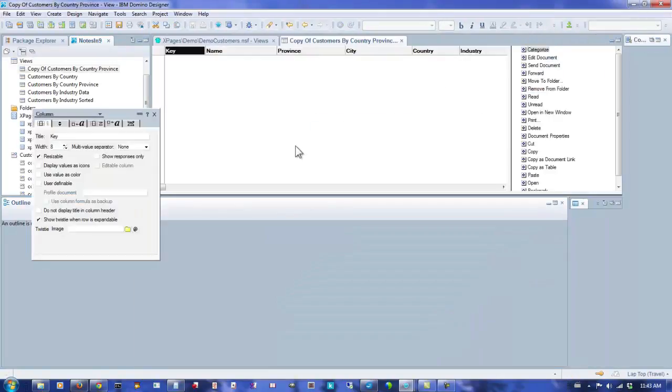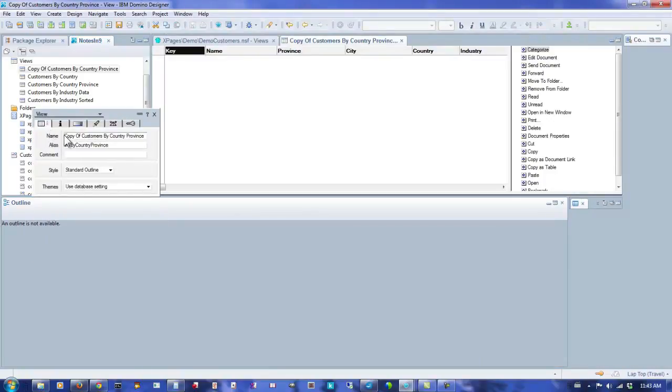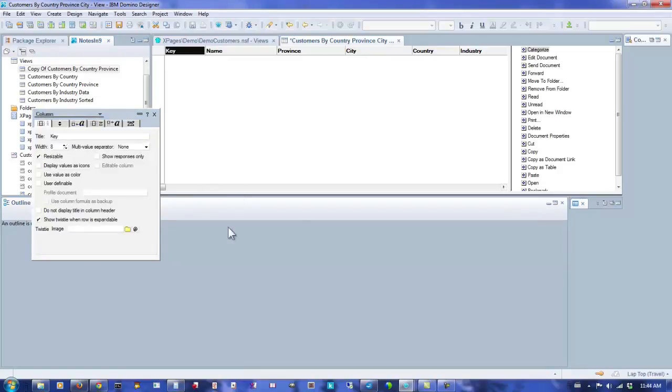Open this view. Go to the view data. Change the name. And I'm going to call this province city, and I'm going to copy that so I can reuse it later. I'll go to the key,